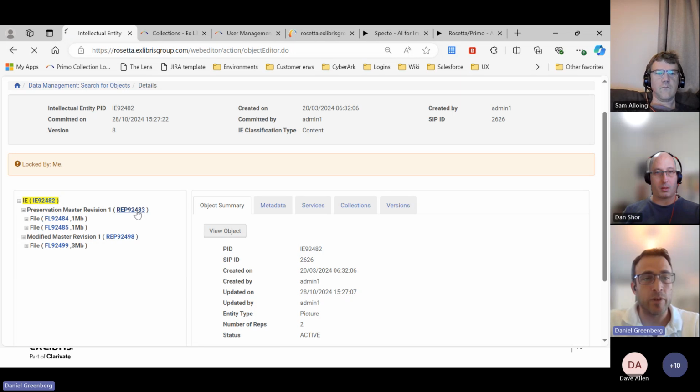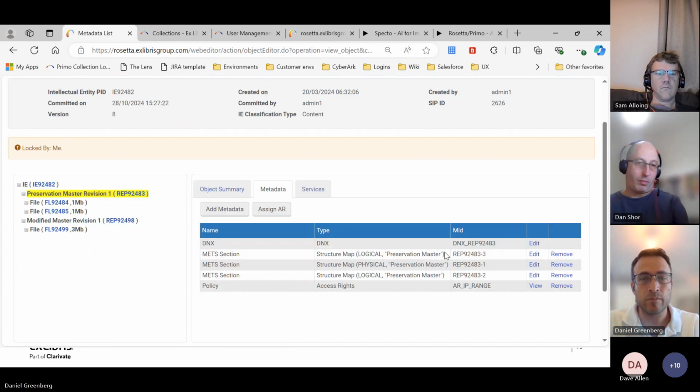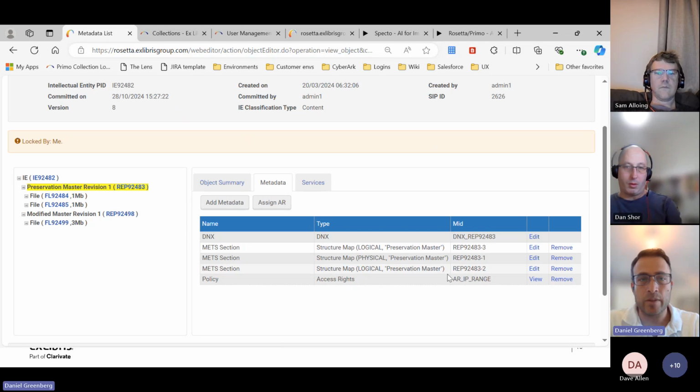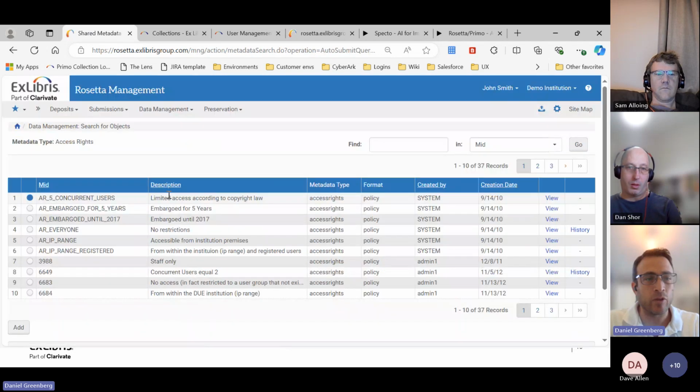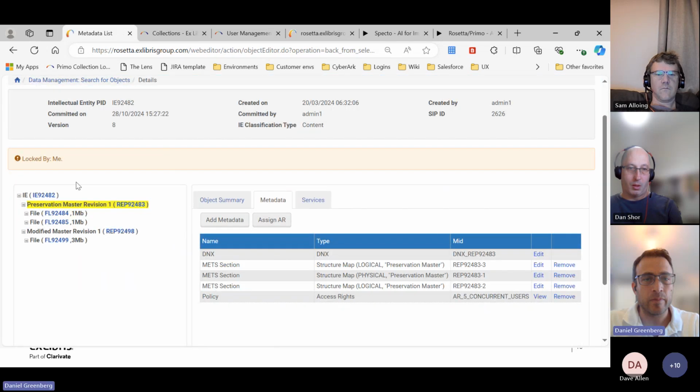So if we go in, for example, the first representation, metadata, and assign another access right, and limit to 5 concurrent users, add. So I can also make other changes now, but